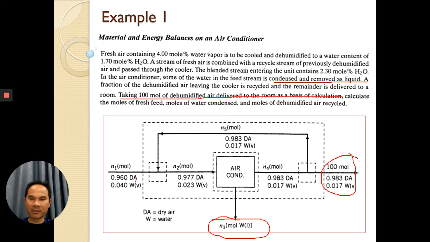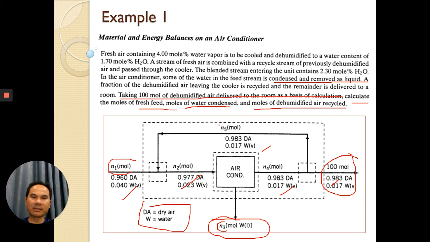Okay, we don't know the amount, but we know the fraction for this and for this. It is a 1 because it's only water. That's right. We denote dA as dry air, W as water. The question is: calculate the mole of fresh feed, N1, the mole of water content; calculate N3, the mole of dehumidified air recycle;